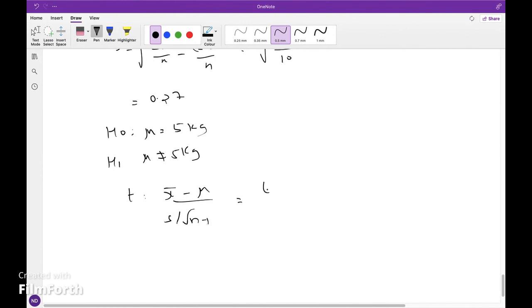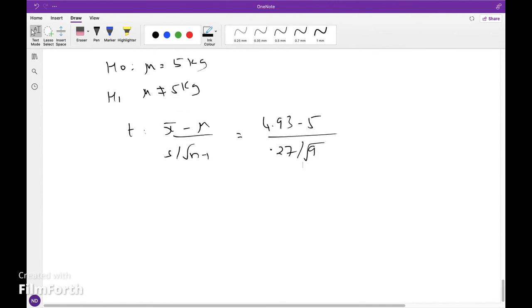So 4.93 minus 5 divided by s is 0.27 divided by square root of 9, because n is 10. So this value is minus 0.07 into 3 by 0.27. Use calculator, minus 0.78. So therefore modulus of t is equal to 0.78,